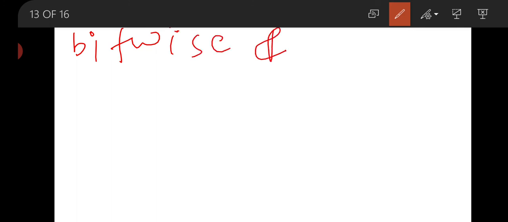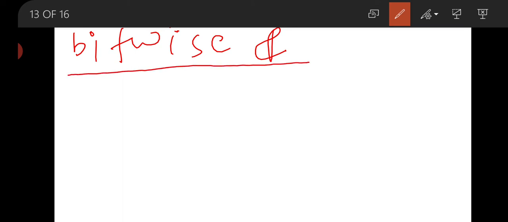Now our first one is bitwise AND. This is the symbol of bitwise AND.